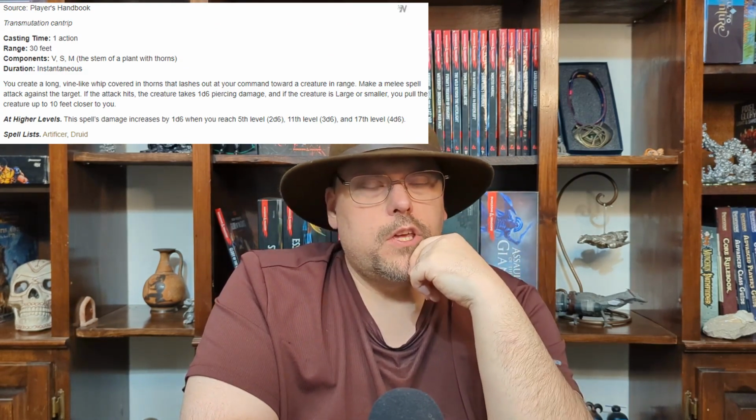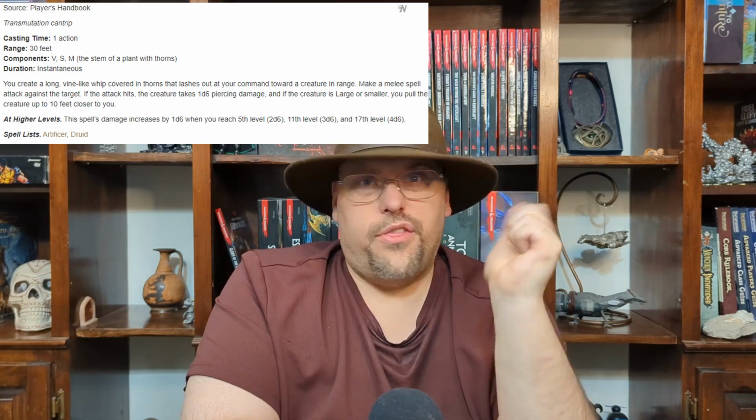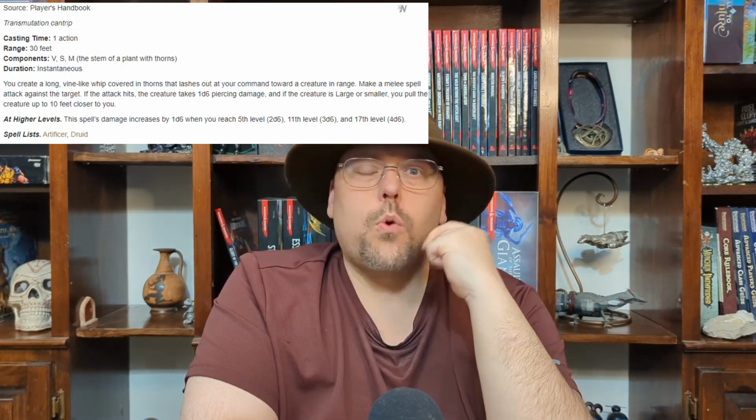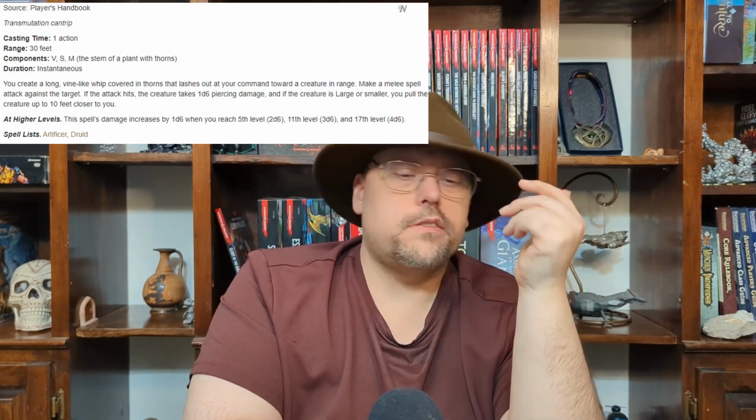It takes an action to cast, has a range of 30 feet. You make a melee spell attack at a creature within range with a thorny vine. They'll take 1d6 piercing damage on a hit, which, of course, increases incrementally at levels 5, 11, and 17. If the creature is larger or smaller, they are pulled 10 feet closer to you. There's no save for this as long as the attack landed,